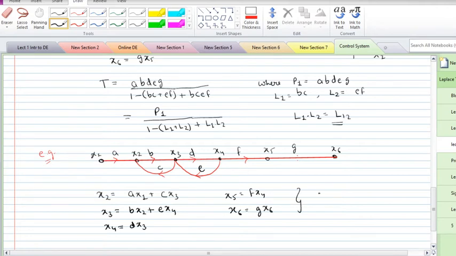Now solving these equations for x6 divided by x1, we reach this result,